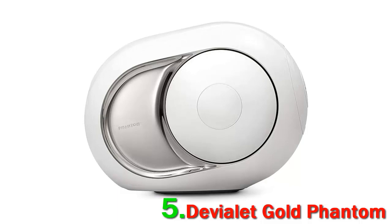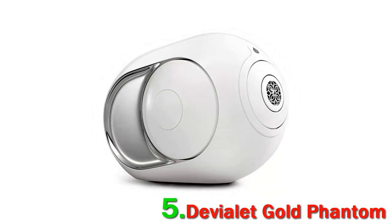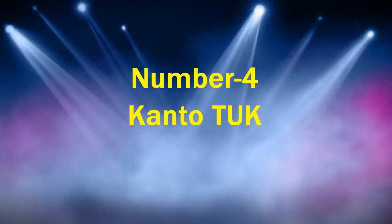It's also slightly bizarre that the Gold Phantom is not room ready. Devialet's stereo amps are, but its wireless speakers are merely room tested. That means you'll need to use it as an AirPlay device, which is less than ideal. It also can't take